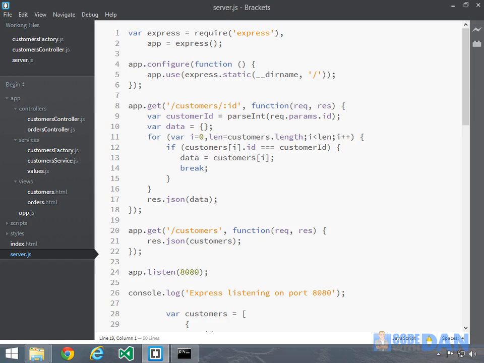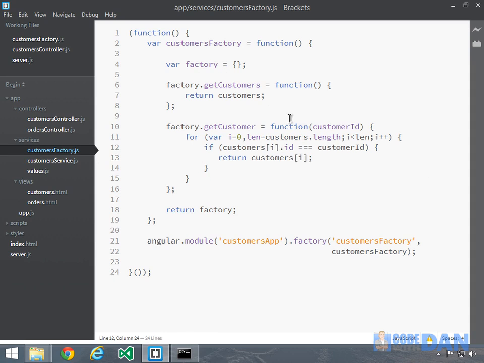We now have a RESTful service created using Node.js that can serve up customer data. And so from a client, we can now call into this using Ajax. So I'm going to switch focus now over to our customer's factory. And what we're going to do is use the $http service provided by Angular to actually make these Ajax calls